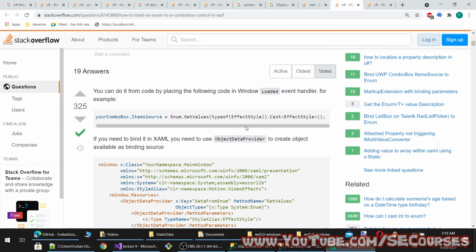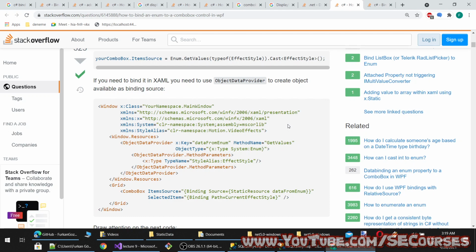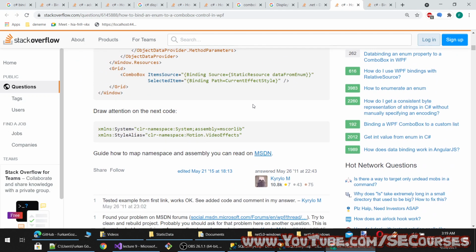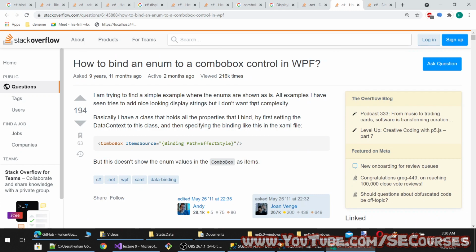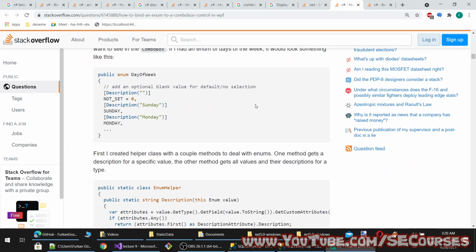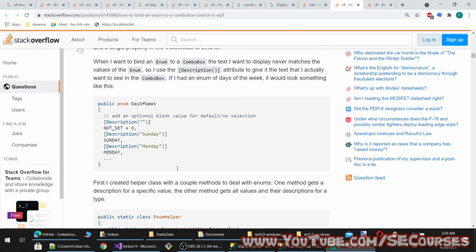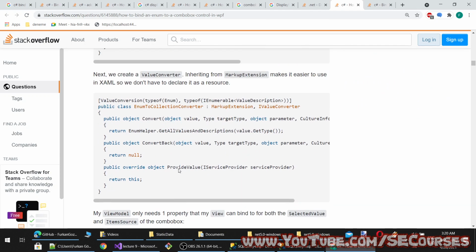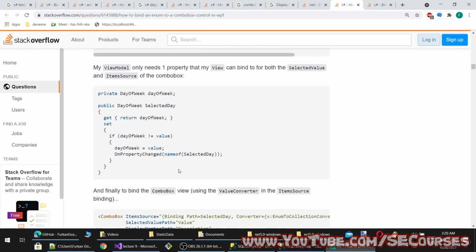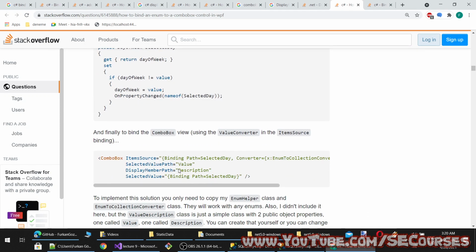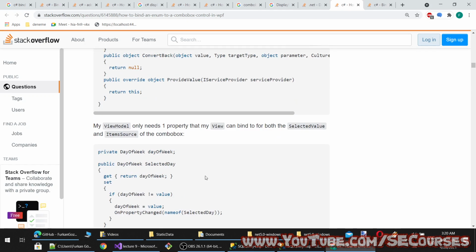Why is there no easier way? So much code.